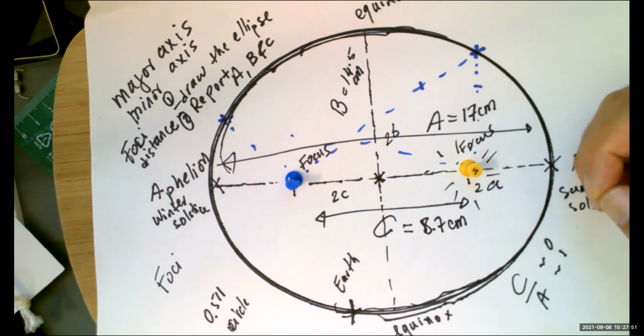Mars also has a little bit higher eccentricity than some of the other planets. But that's the point here for the path of the planet. So this is law number 1. Law number 2,